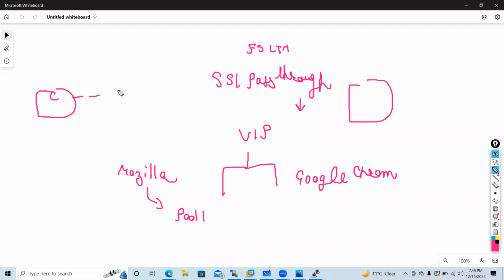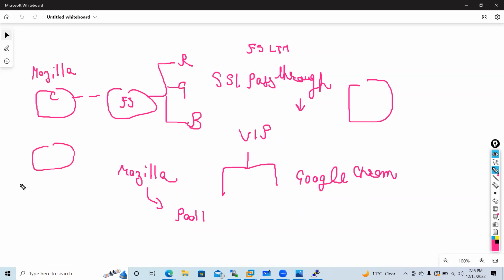I have a client, then I have F5, then I have 3 servers: red, green, blue. One client is using Mozilla Firefox and one is using Google Chrome. If someone is coming from Mozilla Firefox, the request should go to the red server. If someone is coming from Chrome, the request should go to the blue server.